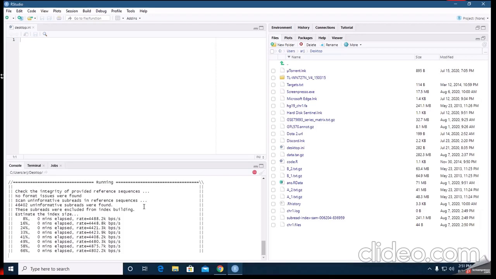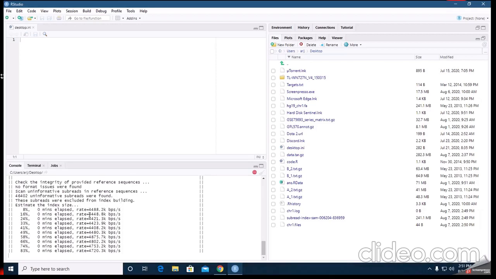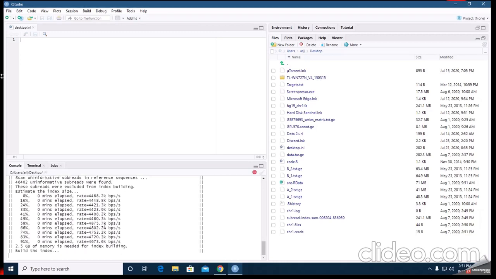Now see this, it is running properly and you can see the rate as well. See this 2.5 GB of memory. It is huge memory, 2.5 GB. So you should have a good computer.